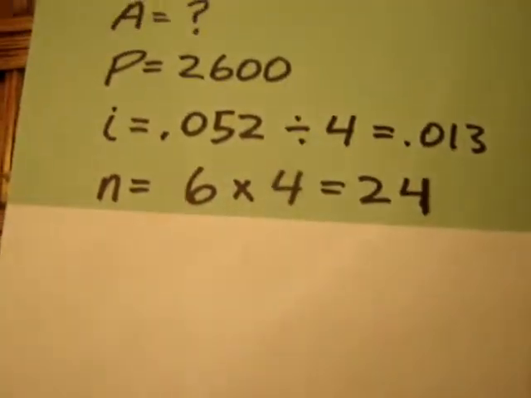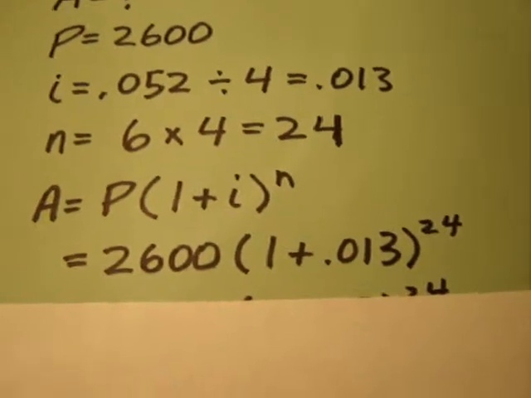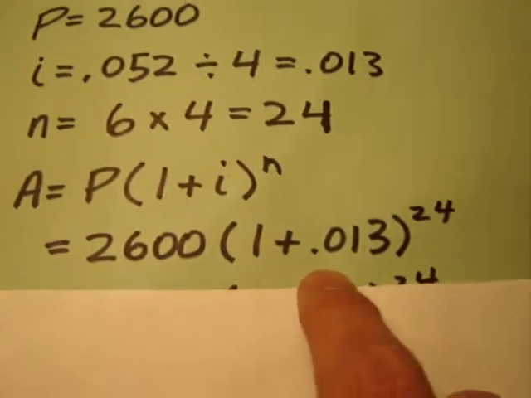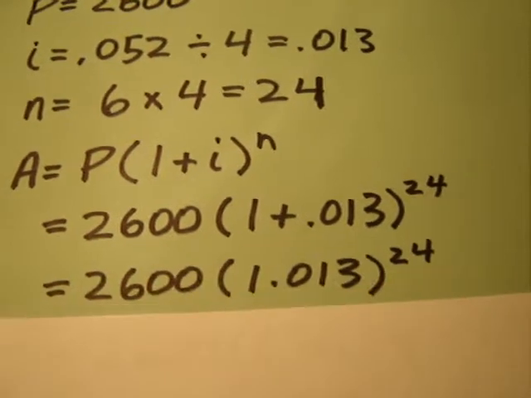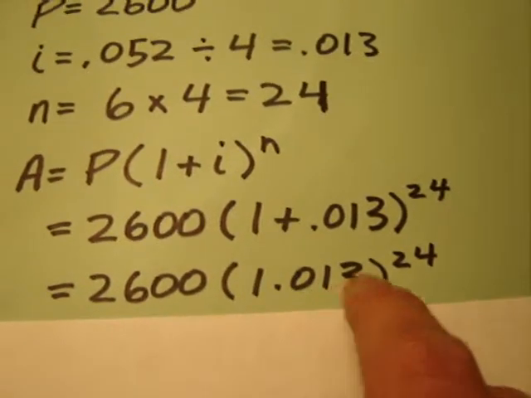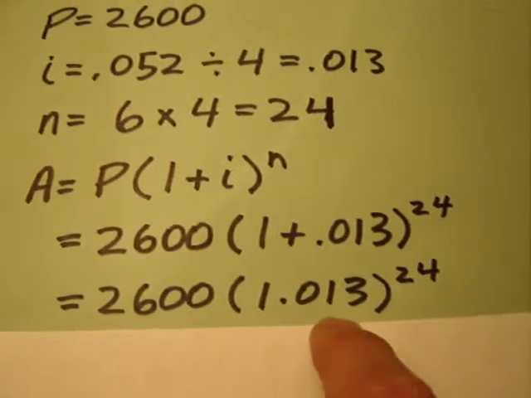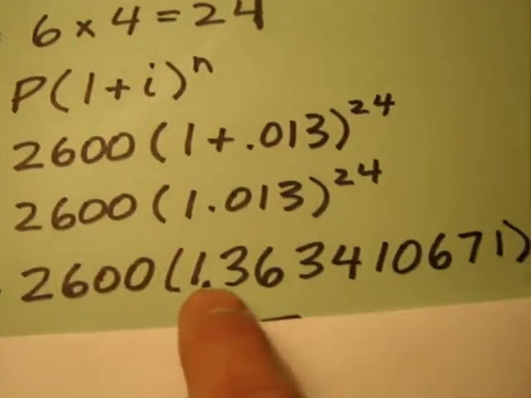Now we plug them into the formula. A equals P(1 plus i) to the n. Well, we plug in our numerals. Now we have to remember BEDMAS. We're going to evaluate our bracket first. 1 plus 0.013 is 1.013. And then we're going to deal with our exponents. 1.013 to the exponent 24 equals